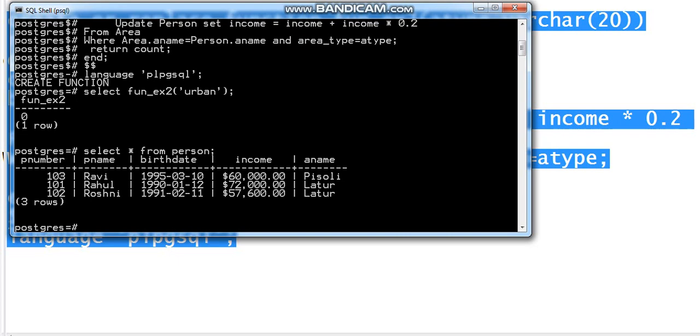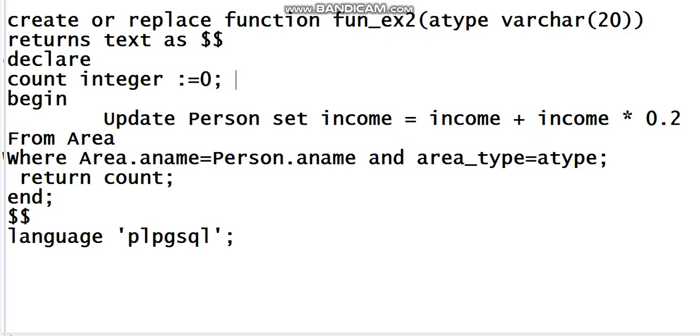In the declaration section we declare whatever variables we will be using in the executing block. Then begin and end, in this the executable part will come. And plpgsql tells us that this function is implemented in plpgsql language.